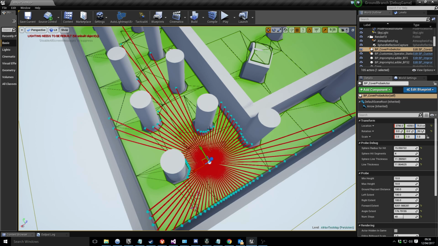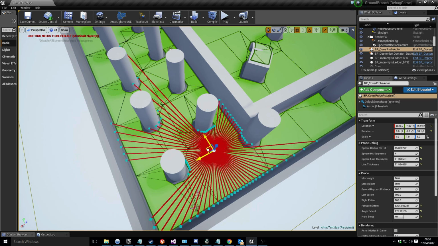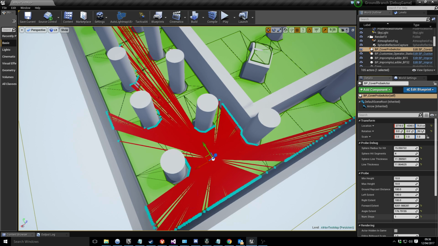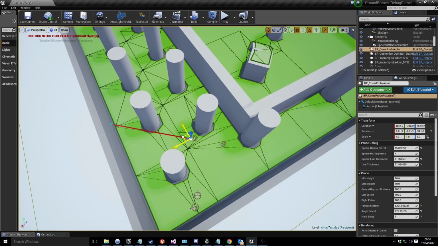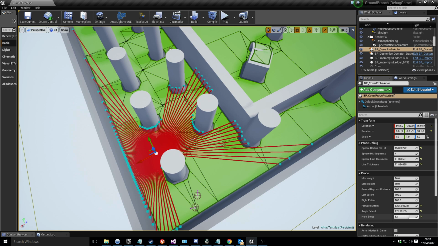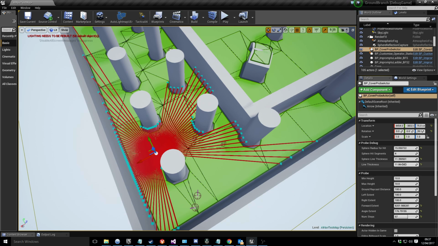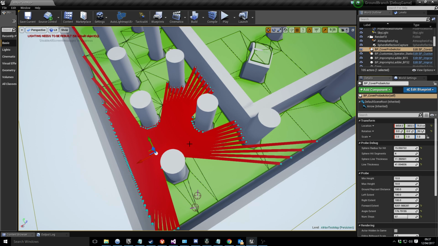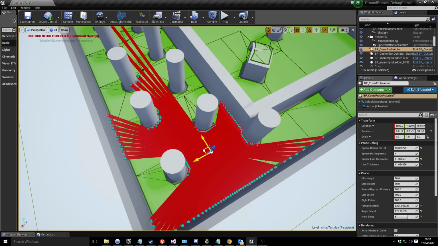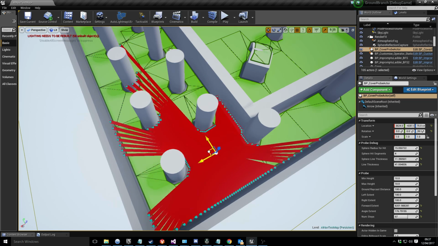It'll generate cover spans, and I'm not sure whether I'm going to make it just contiguous spans from the start. So if I go back to one line, this would be the start point, and it would just span out around this column, say, or along this wall. So I'm not sure whether I'm going to do that or not, but essentially you can think of this as a sort of